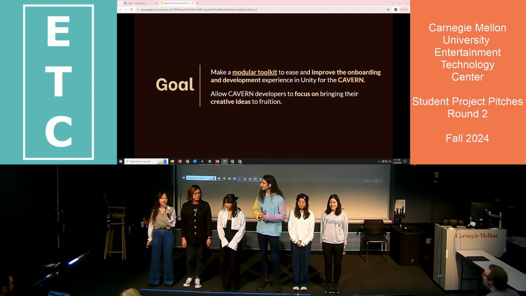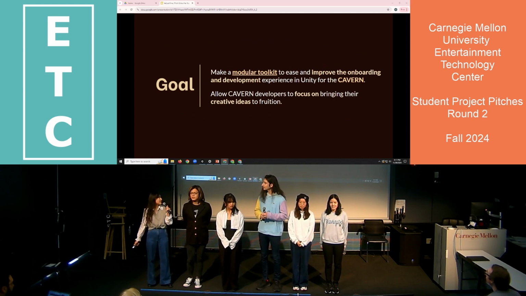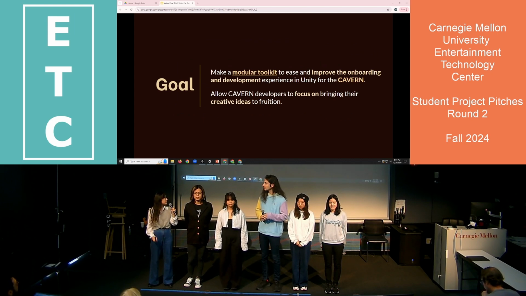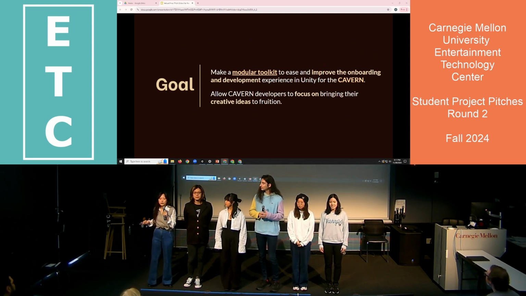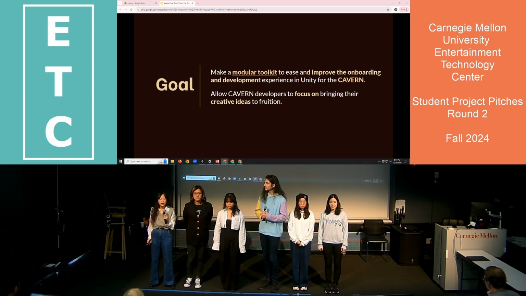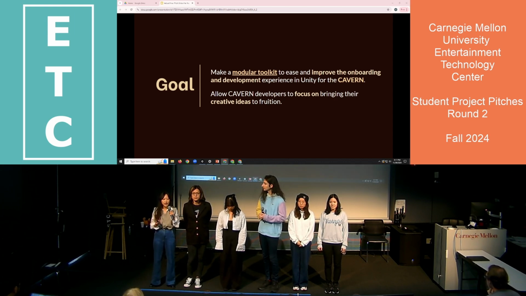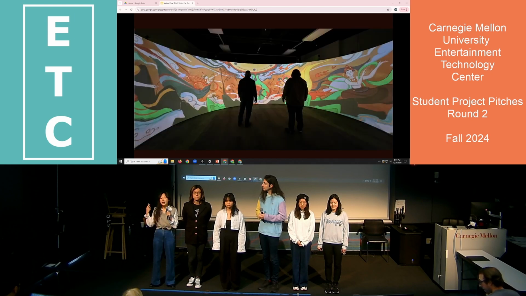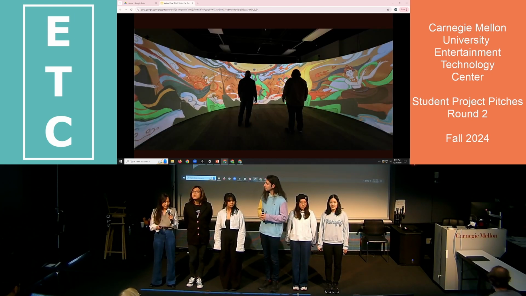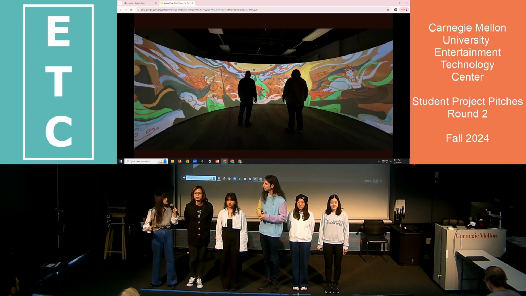We aim to make a modular toolkit to ease and improve the experience of development in Unity for the Cavern. We aim to allow our Cavern developers, from beginners to advanced, to focus on their creative ideas and bring them to reality. Imagine you are an ETC student who just learned the Cavern, and you want to make something similar to